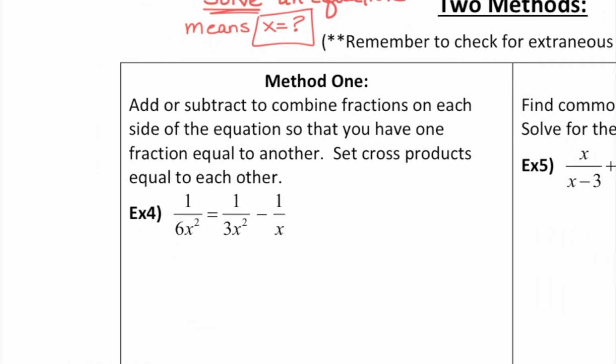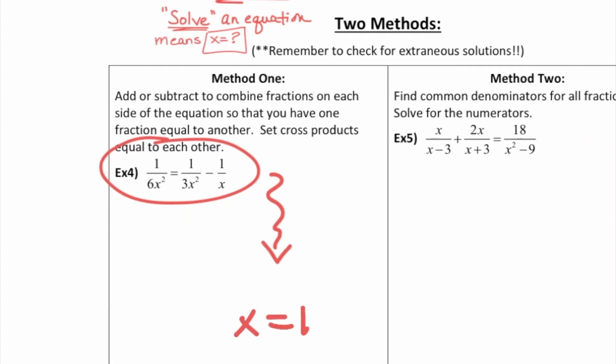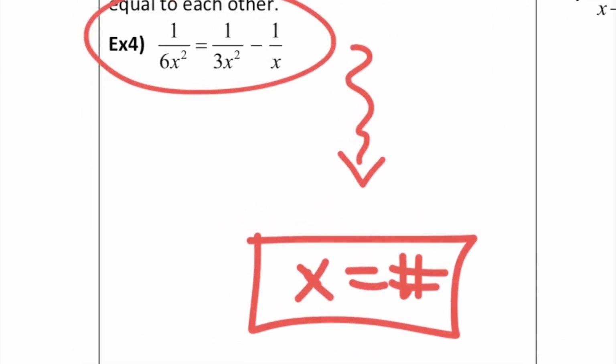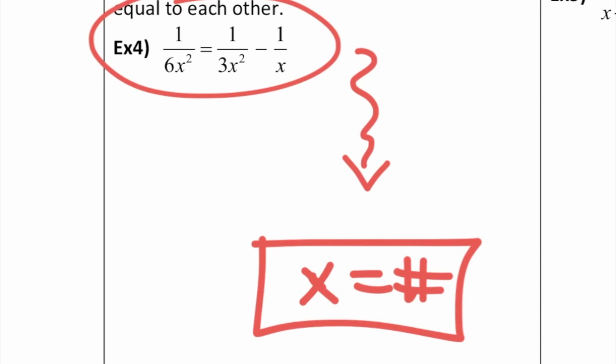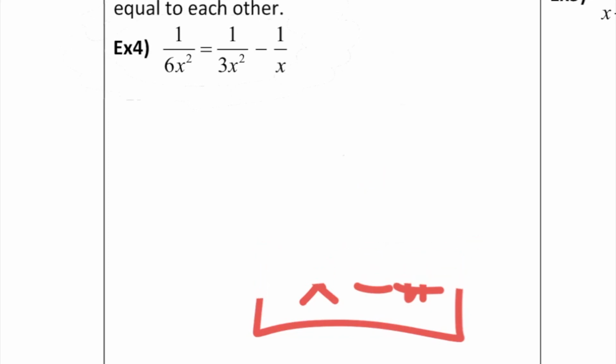So that this question right here, you're going to do stuff, and then it's going to be x equals a number, and your answer, if the directions say solve, is going to be x equals a number. No matter what you do in the middle, your answer will be a number. So now I'm going to erase all my scribbles, I hope. So the first method